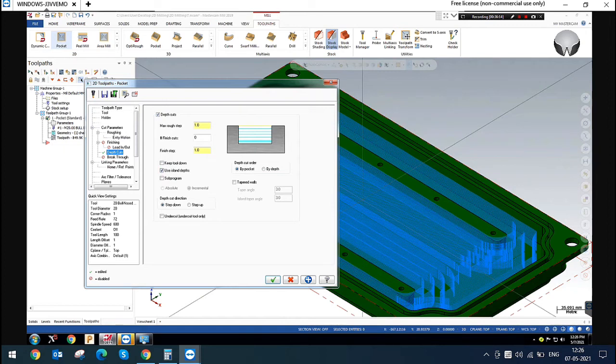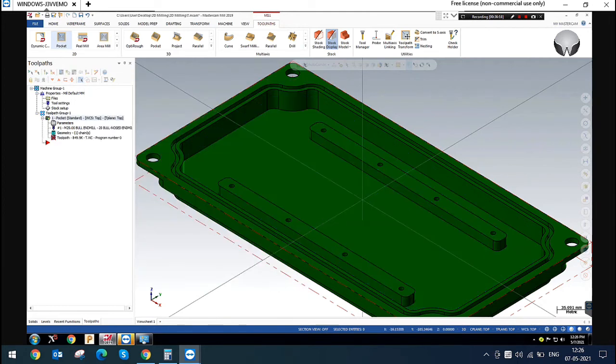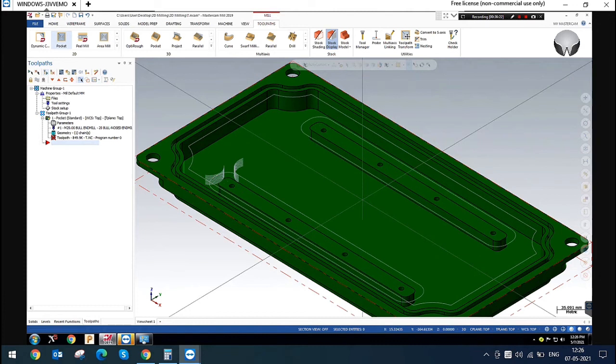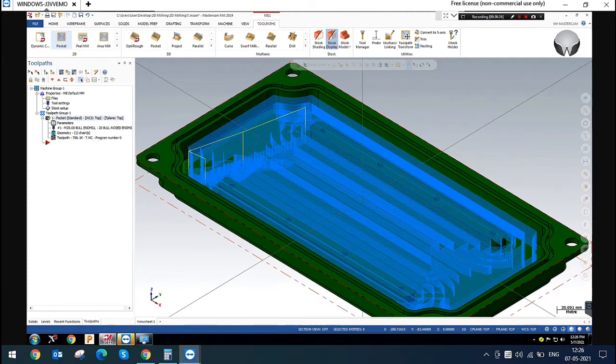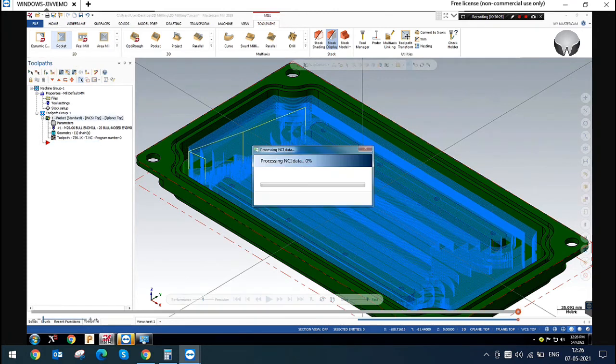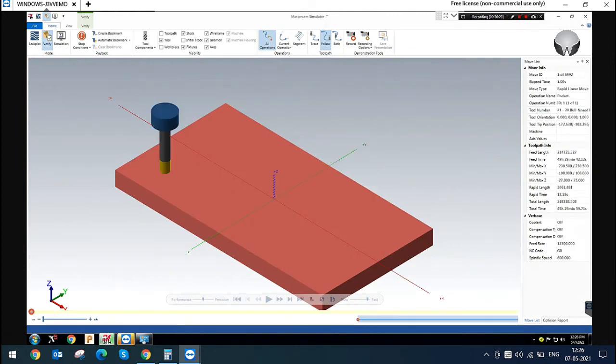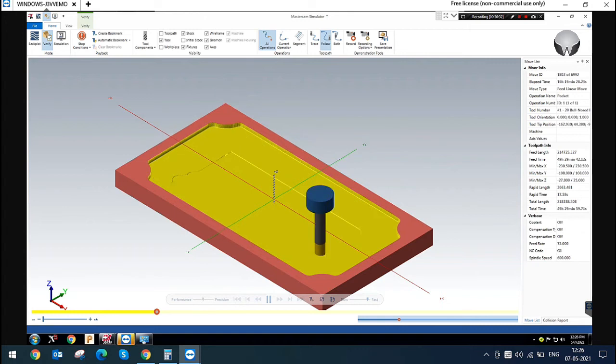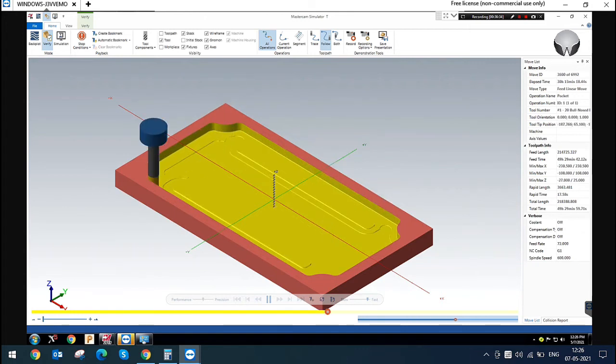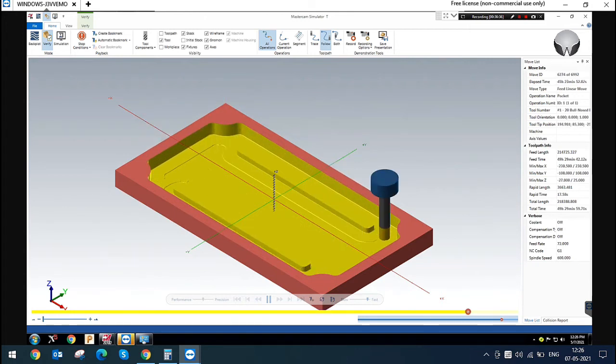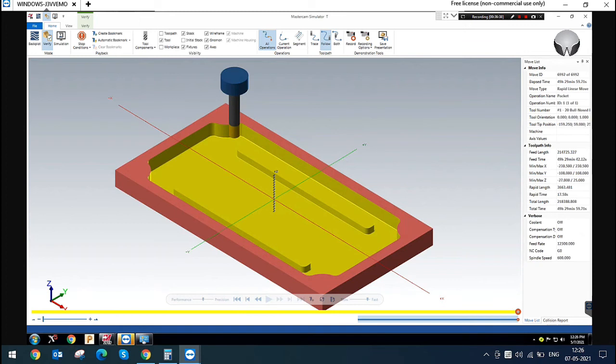If you enable this, the island, where it has been placed at the depth, is calculated. You can see the simulation. From the depth, the island will be, yeah, there is a difference between that.